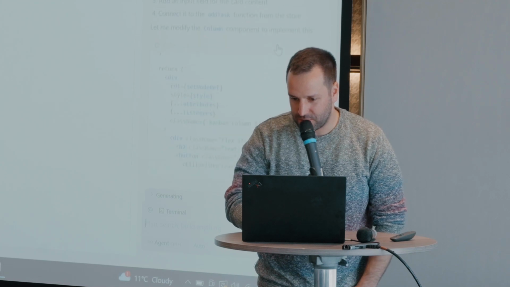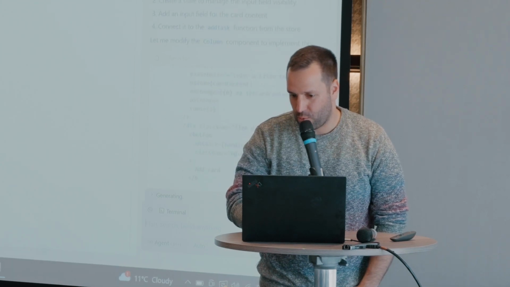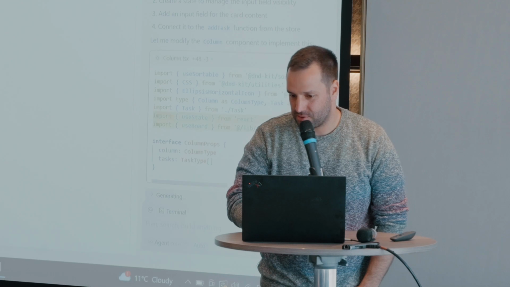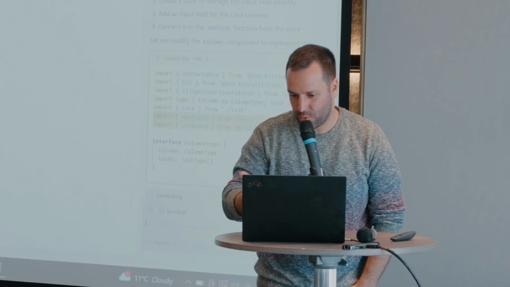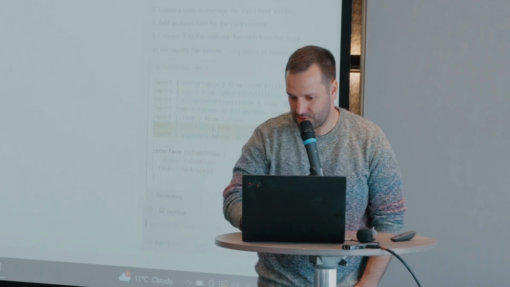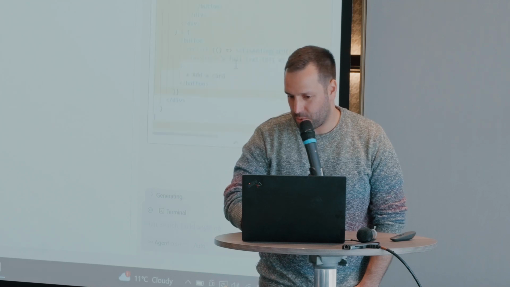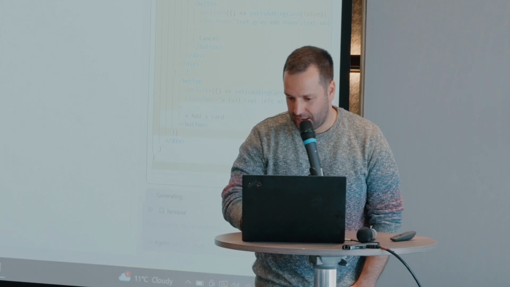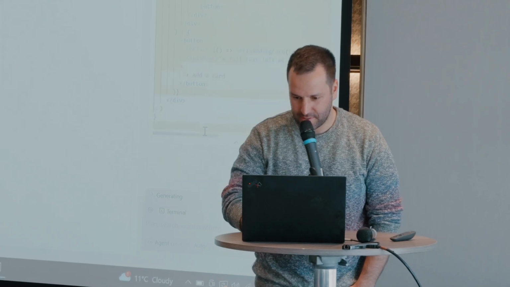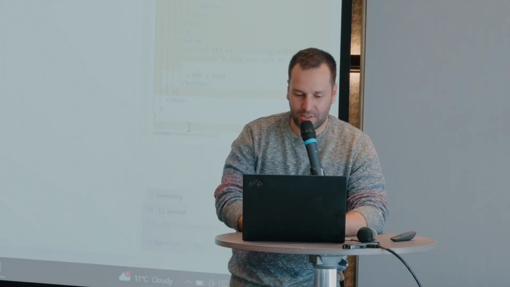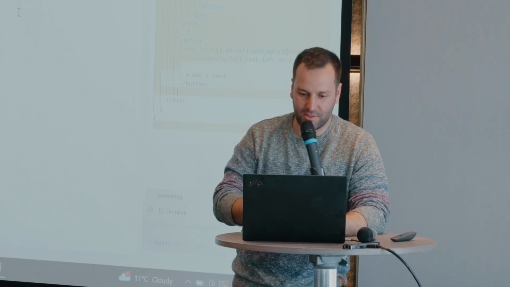So it found in the code that there is an issue. While the add card button exists, it's not connected to any functionality. So it's writing the functionality for us. I can read the code if I'm smart enough. That's obviously some complex JavaScript, and I'll simply click accept. Okay, I think this Next.js server updates in real time, so we don't need to redeploy. I'll simply refresh the page. Oh yeah, it's now working.